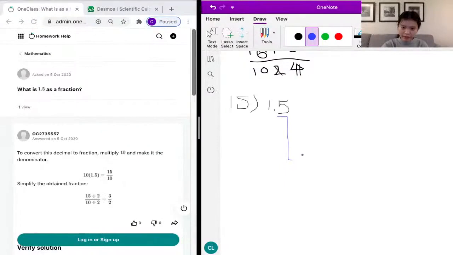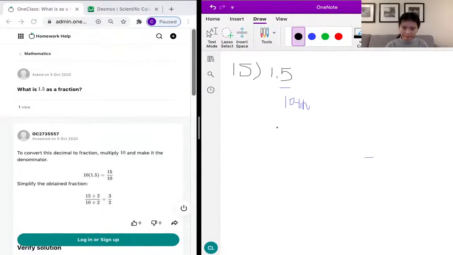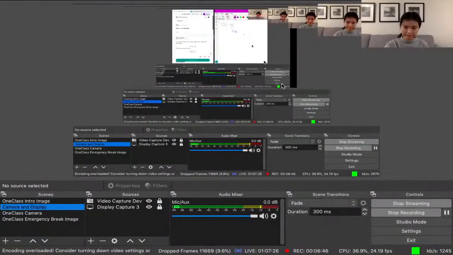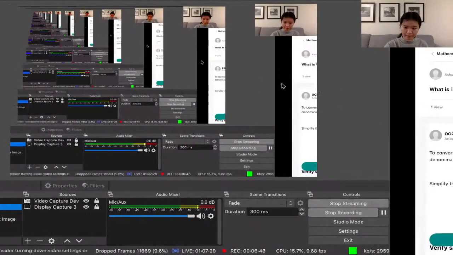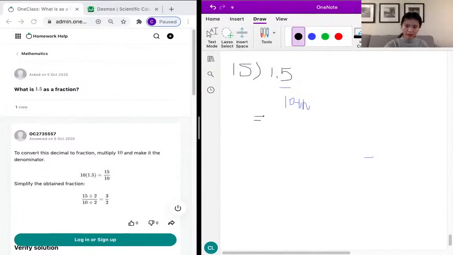Our 5 is on the 10th place. Oh, finally it works. The 5 is on the 10th place, and